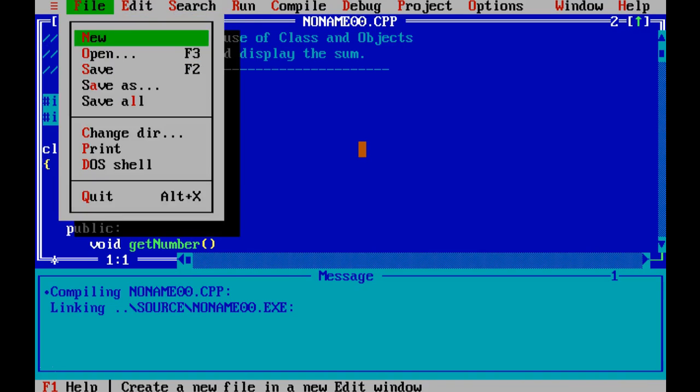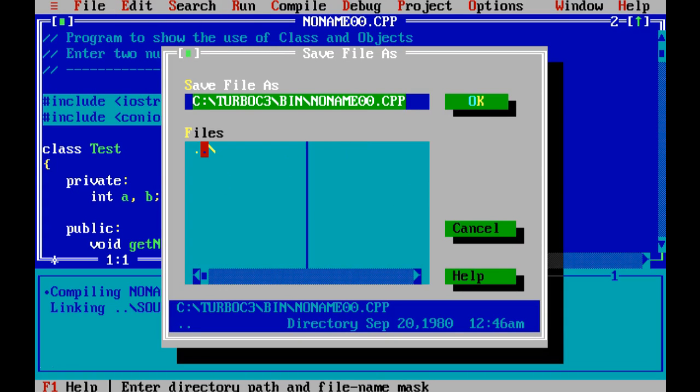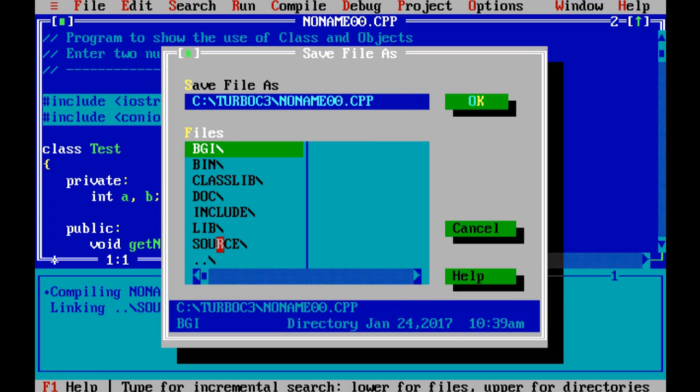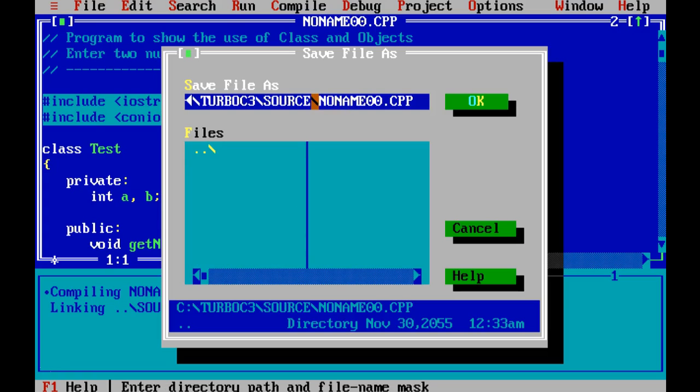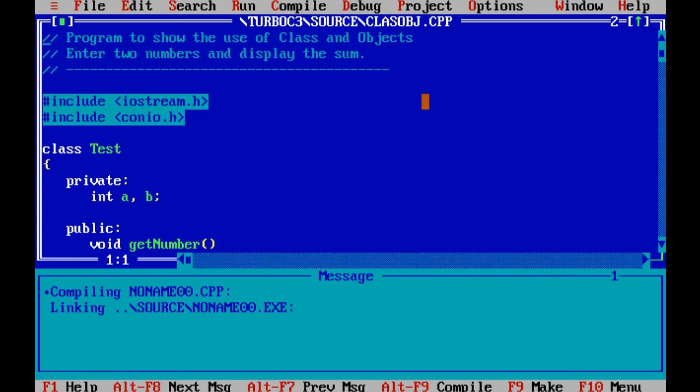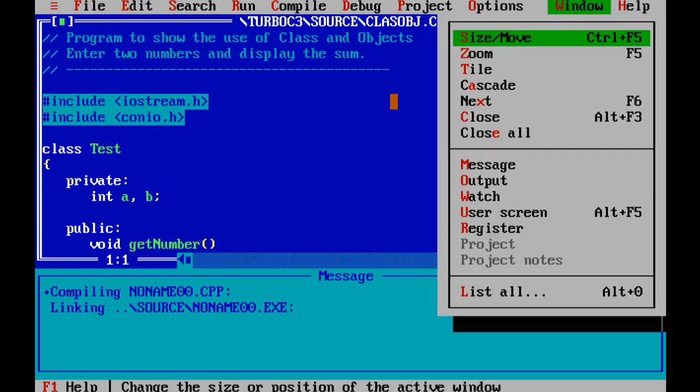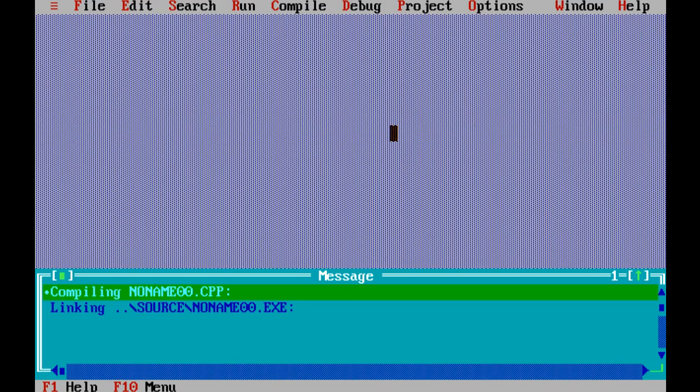So let's save it. Let's save it in the source, and let's save it as a class object. Okay. Now let's close this and let's